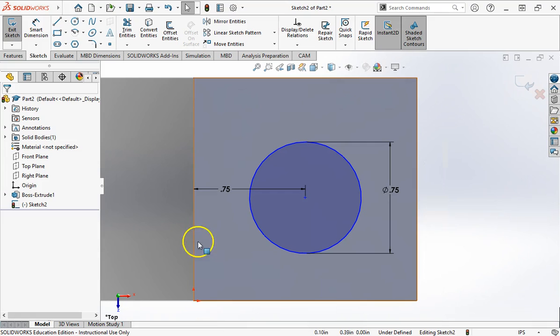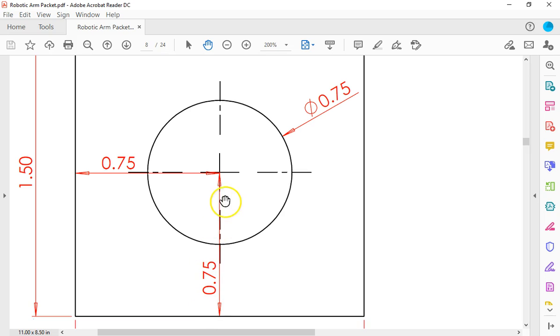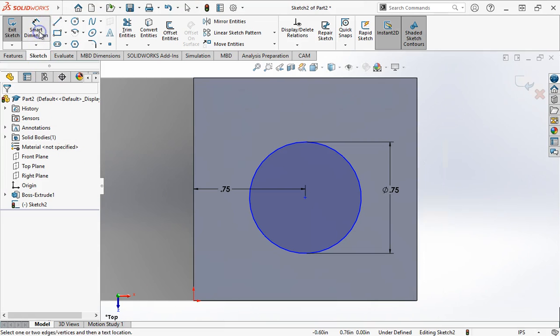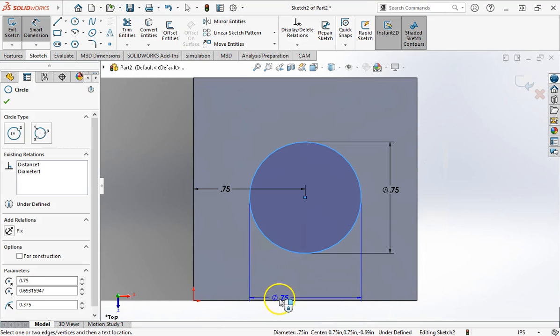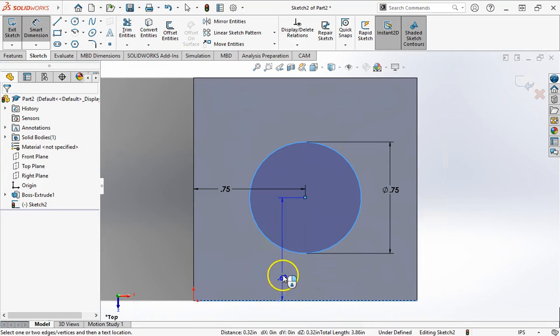So we still have one more dimension, and that is going to be from the circle to the bottom edge of the part. And this is what's called the vertical location. This will prevent the circle from moving up and down. So let's do that. So I'll go Smart Dimension, and I'm going to go Circle, and then I'm going to click on the bottom edge of the part. Once again, I'm not going to click that little yellow dot. And I'm going to just click this bottom edge, and we get our dimension. And let's click one more time,